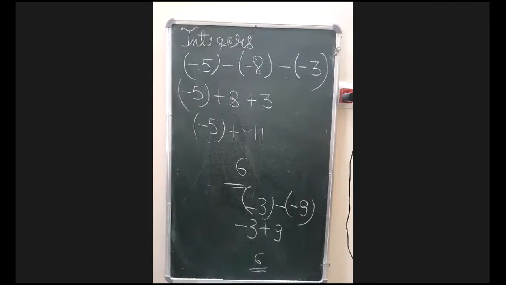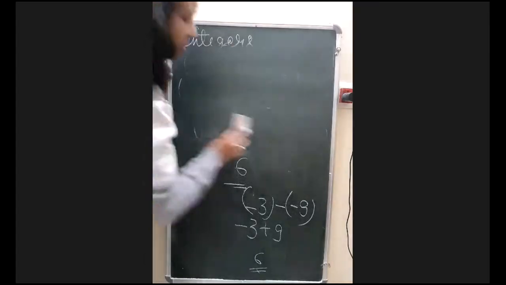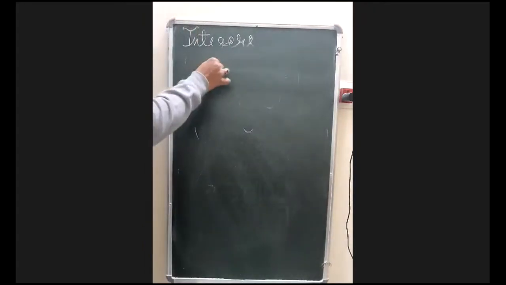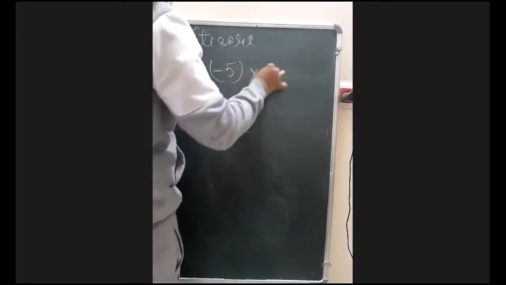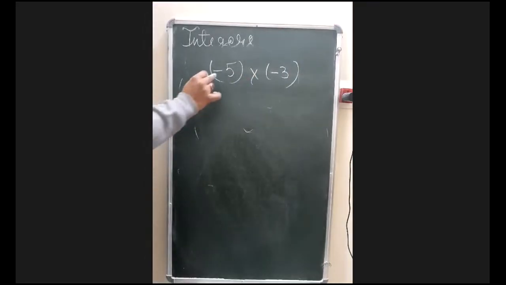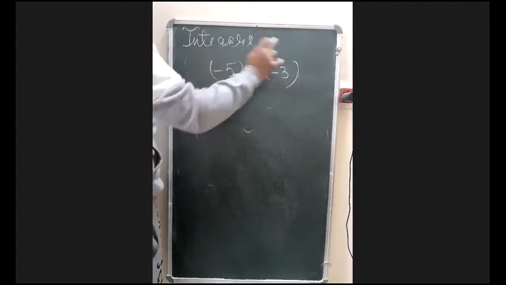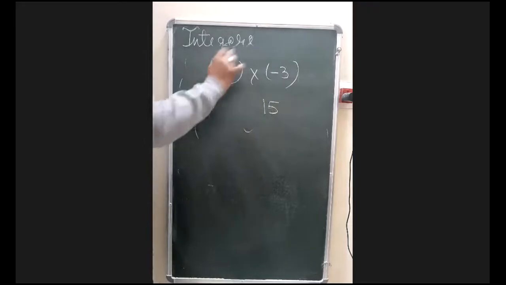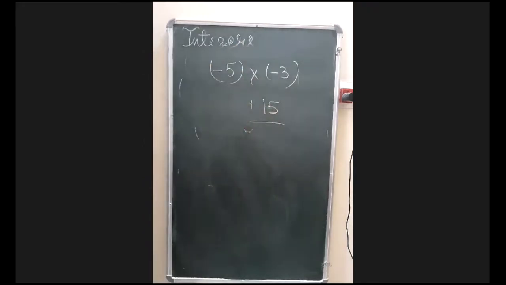Okay, so this is the process of subtracting, and I have taught you multiplication also in this way, because multiplication will also be the same. What you need to do is just multiply the numbers together and the signs will be multiplied commonly. Suppose I give you one question to explain it so that integers get over completely. Suppose the question is minus 5 multiplied by minus 3. What will you do? First you will multiply the signs. When you multiply minus 5 with minus 3, 5 times 3 becomes 15, and minus with minus will make you plus. It will give you 15 here.